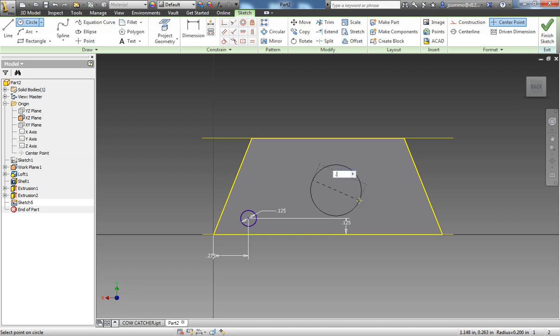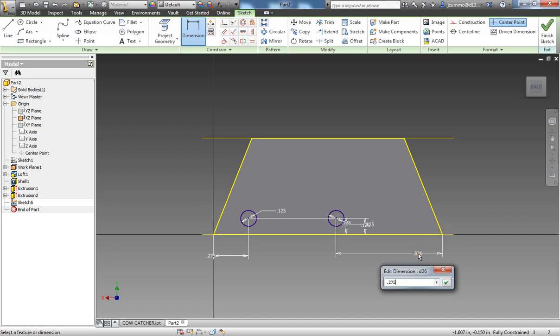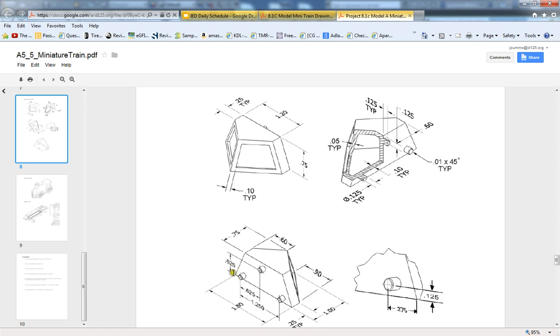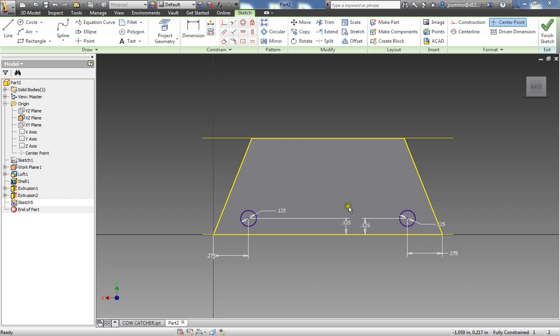So putting down a circle at 0.125, dimension that into place here off the bottom at 0.125, and from the center to the edge here at 0.275. Okay, so I have both of those placed correctly. Last but not least, I'm going to need my third peg to be placed there. I remember it needs to be 0.625 from the bottom and 0.625 from the center of either of these two pegs. So again, circle,